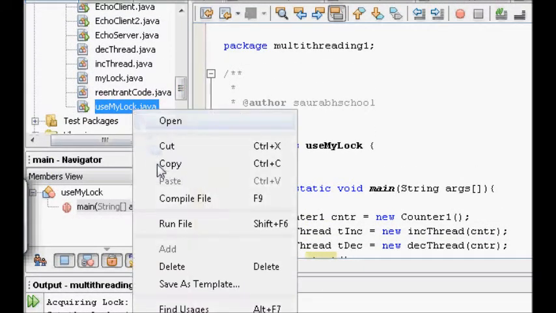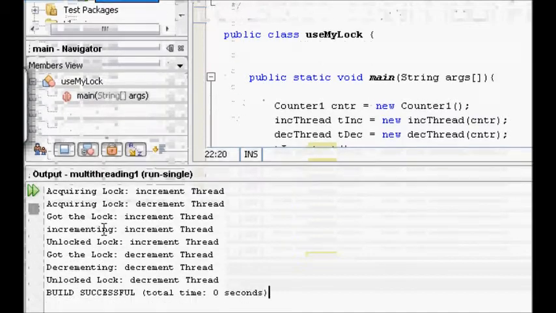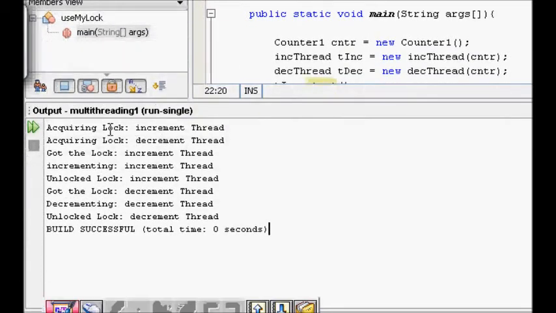So let's try to run it again. This time, if you see, the increment thread tries to acquire the lock, then it is interleaved. Now the decrement thread is trying to acquire the lock, the increment thread gets the lock, it increments. Now when it got the lock, everything of the increment thread will run.